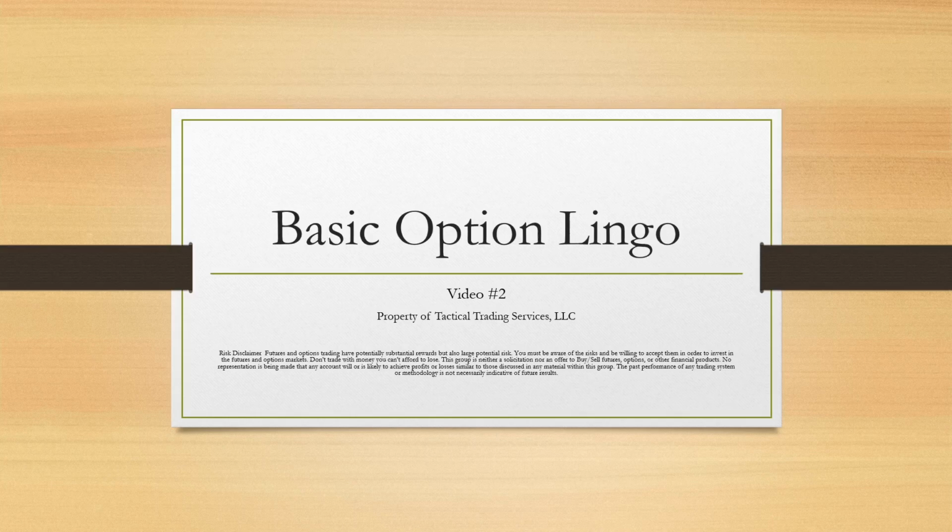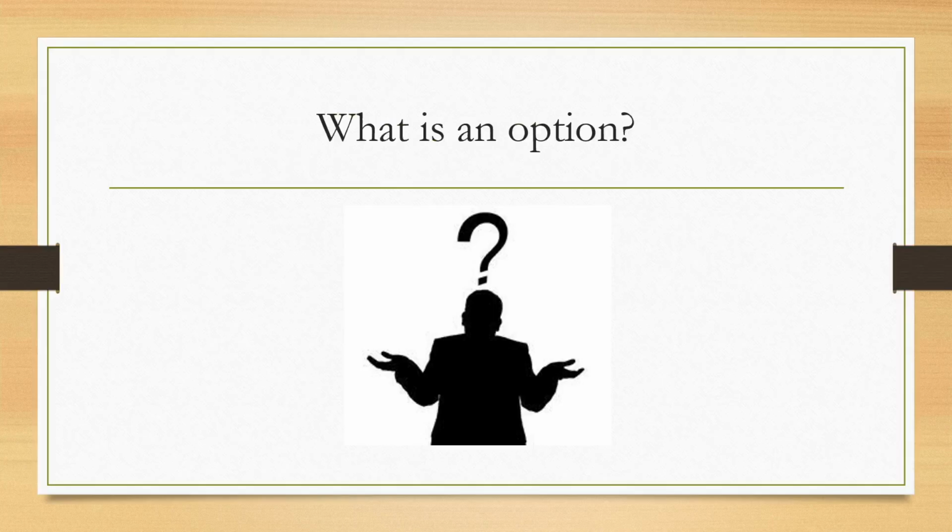Alright, so now that we got that out of the way, let's move on. What's an option? I'm sure everybody hears about options, and it intimidates a lot of people. There's a lot that goes with options, a lot of weird terminology, so a lot of people get scared off pretty quick. But realistically, an option is just a contract that gives you the right to buy or sell an asset at a fixed price for a specific period.